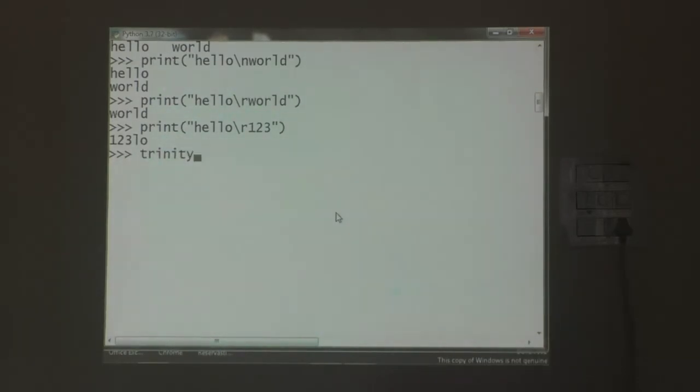See, here Trinity is a what? Variable name. Trinity is a variable name. Then I am going to give "welcome to grade 11 students". See here, I have given a string in one line.